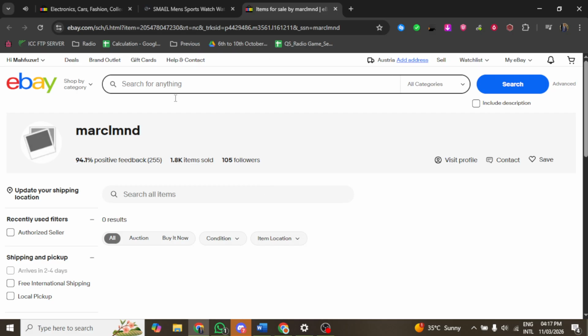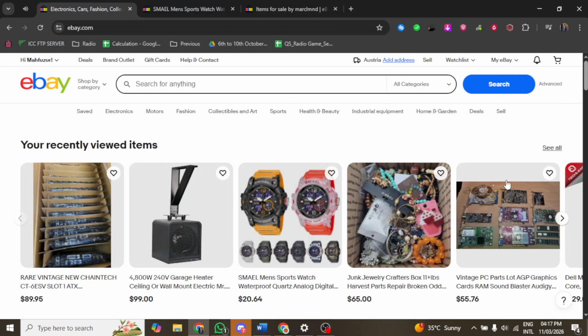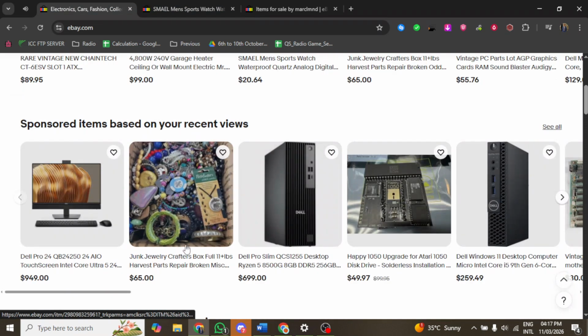If you are using a web browser, type in the eBay URL and press enter. For mobile users, locate the eBay app on your device and tap to open it. Once the site or app loads, look for the